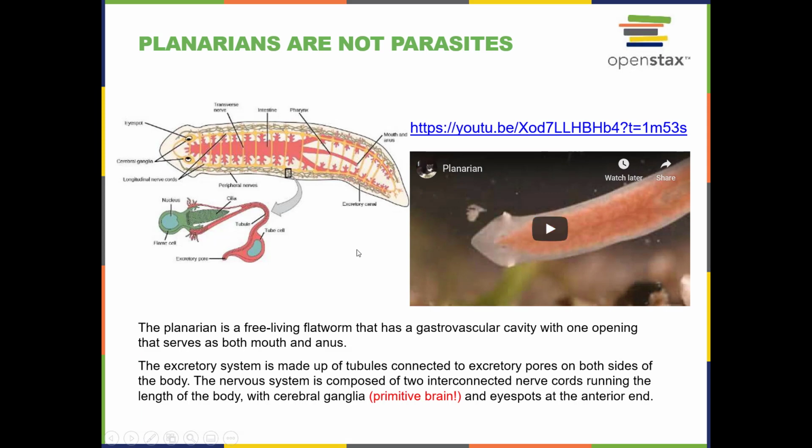So one flatworm that is actually pretty well studied is called the planarian. And the planarian is not a parasite, it's free living. It has the gastrovascular cavity, and what's interesting about the planarian is it has 2 eye spots which can sense light,